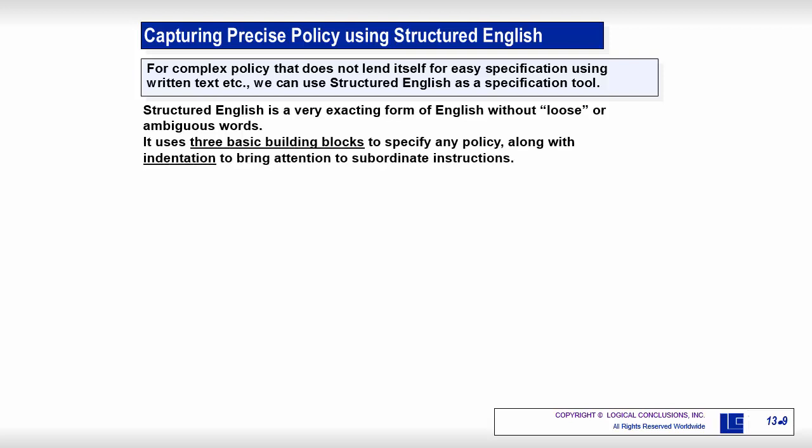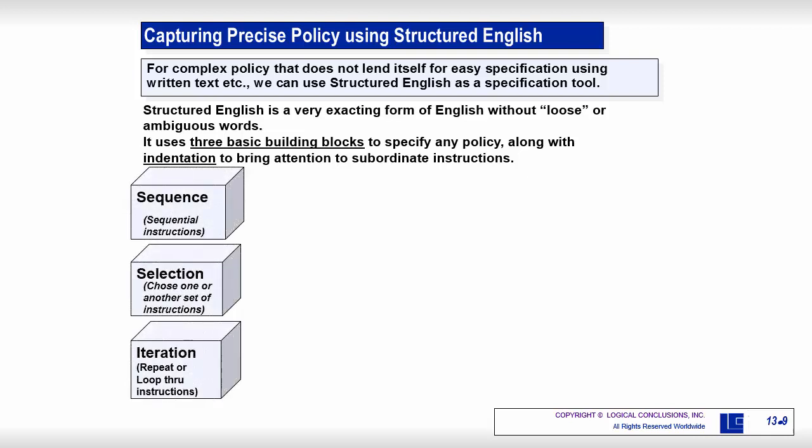It too uses 3 building blocks to specify any policy. It also recommends we write 1 instruction per line, along with graphical indentation, spaces, to bring attention to subordinate instructions. The 3 building blocks can be described as sequence, a way to order instructions, selection, a way to choose one or another option, and iteration, a way to repeat some instructions, usually until or while a condition is